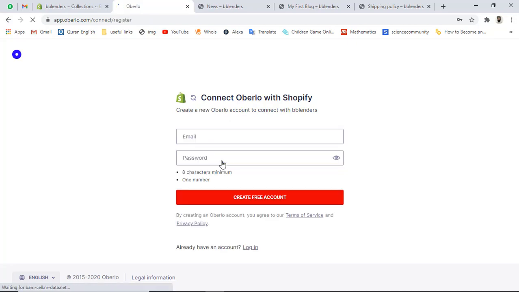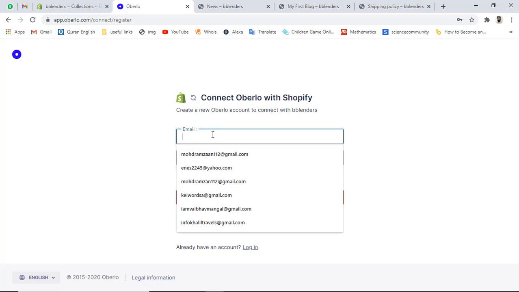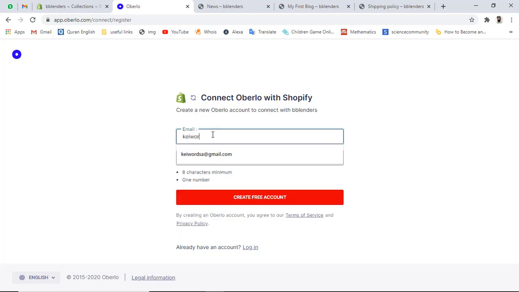You have to enter a new email ID, which is not already registered, and then you should add the password. Let me change the email ID actually.